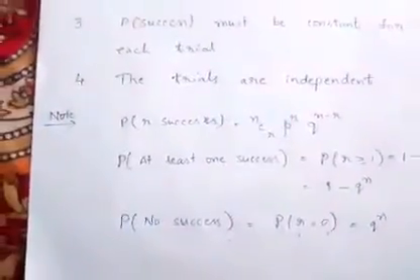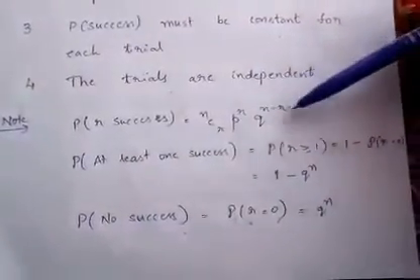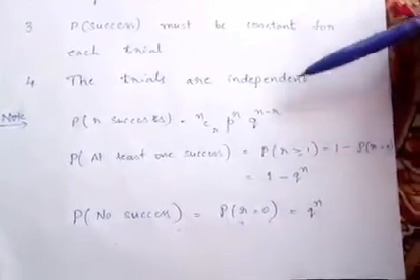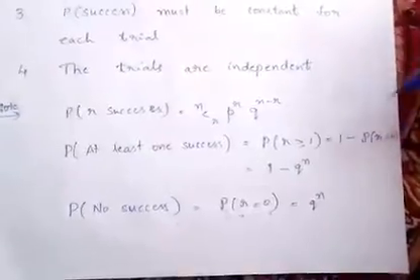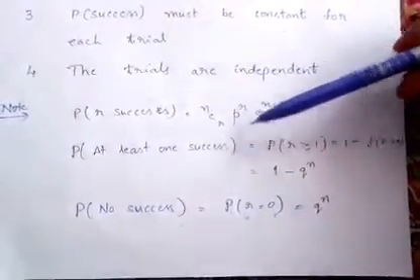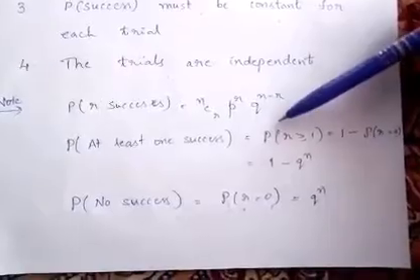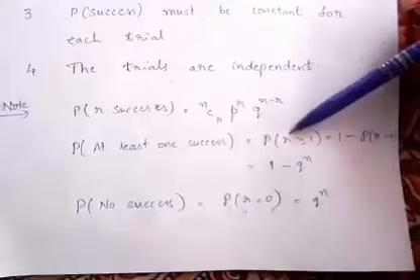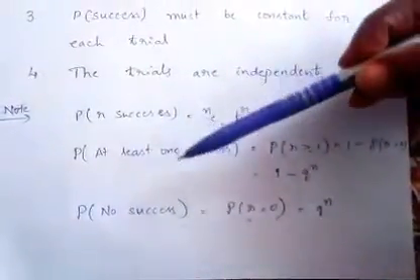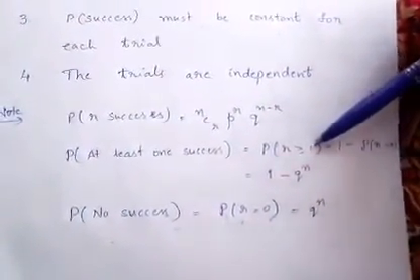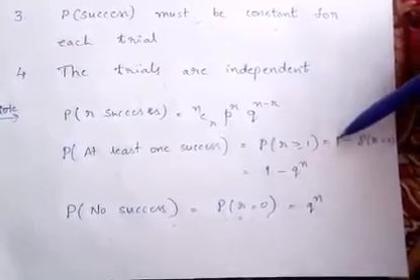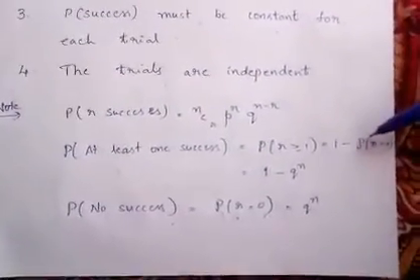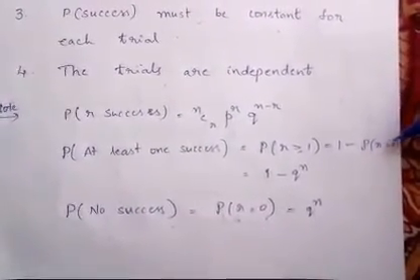Here we have already seen that the probability of r successes is nCr p^r q^(n-r). Similarly, the probability of at least one success is the probability of r greater than or equal to 1, where r indicates the number of successes. We can calculate it as 1 minus the probability of r equal to 0. The probability of r equal to 0 means the number of successes is 0. That means